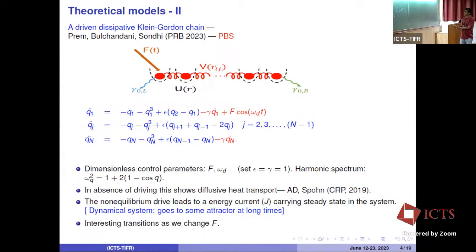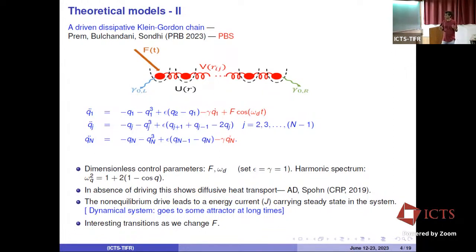Then at one end you drive it with a sinusoidal force, and you have some dissipation, and you could have thermal noise. In this paper they did not have thermal noise, but in principle you could have both dissipation and noise. At the right end, you just have dissipation, and again you could put in noise, but in this paper they didn't have noise. So they just had dissipation at this end, and at the driven end you have driving and some dissipation. Inside, it's completely Hamiltonian dynamics.